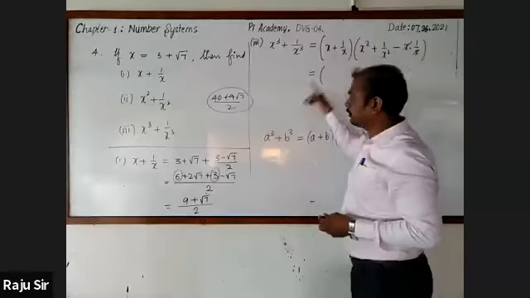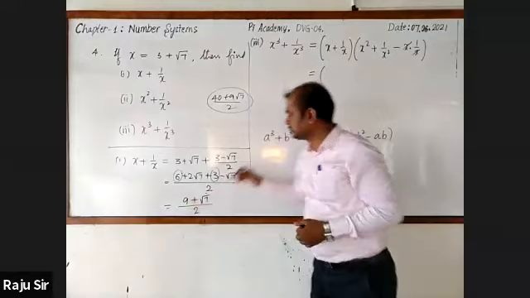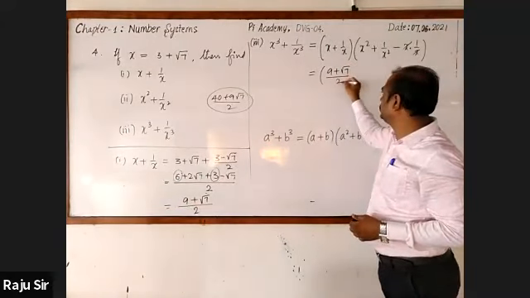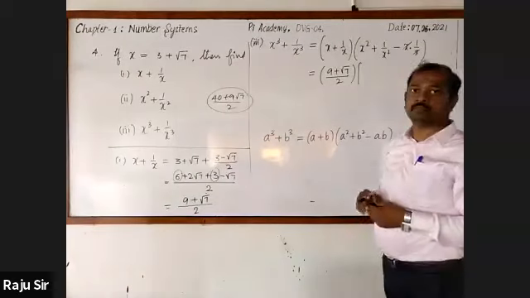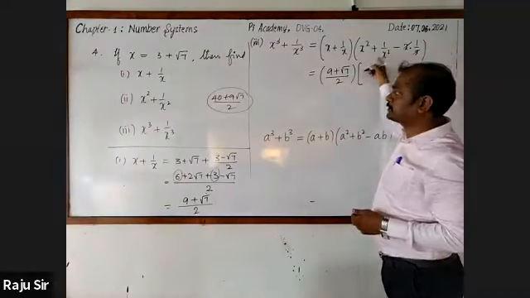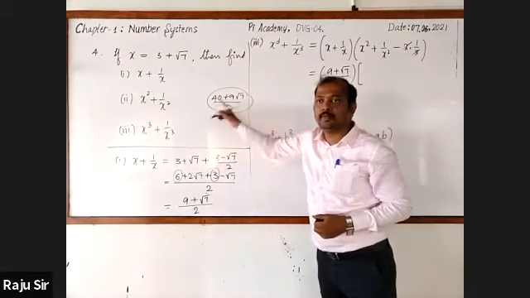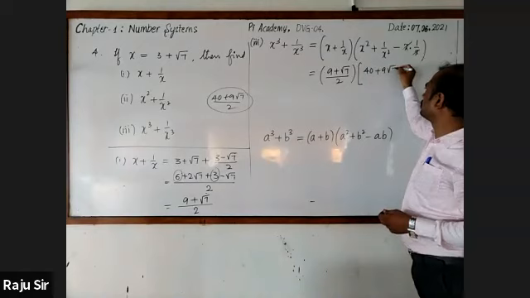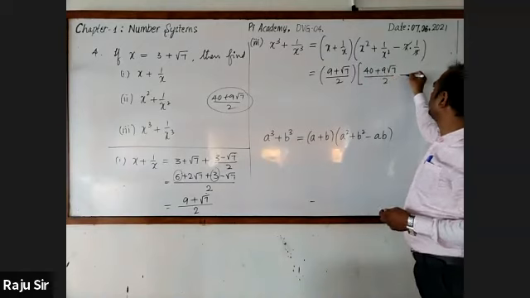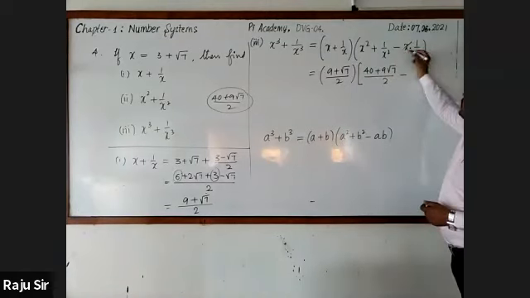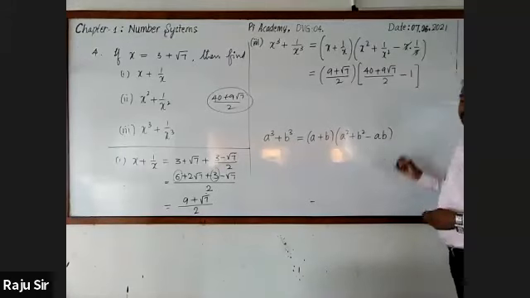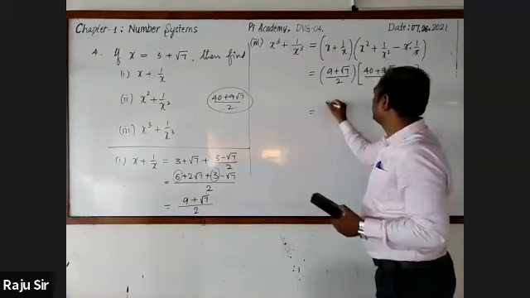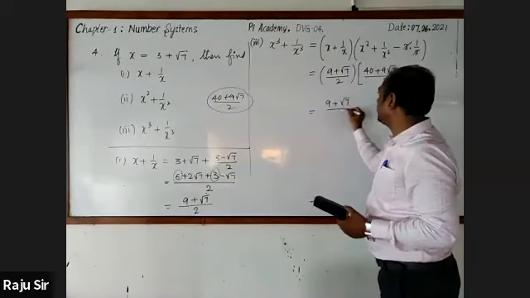We know the value of x plus 1 by x. It is 9 plus root 7 by 2, into x square plus 1 by x square. We have that value. It is 40 plus 9 into root 7 by 2, minus 1 on cancelling. Now this is equal to 9 plus root 7 by 2